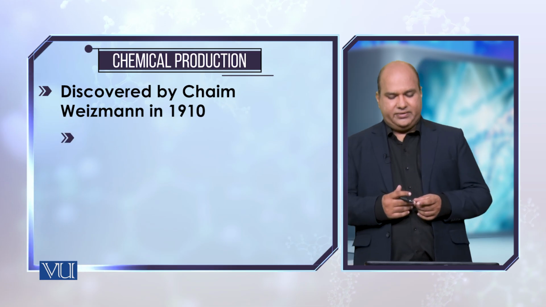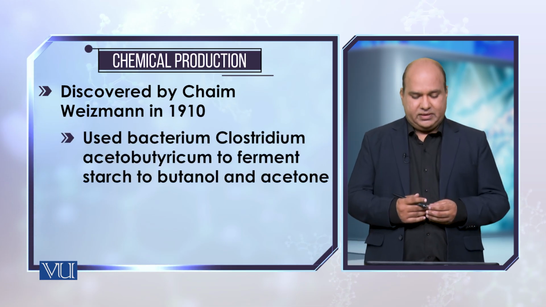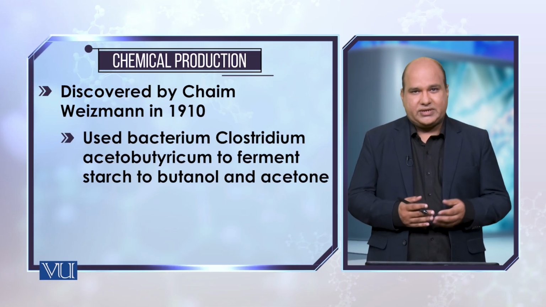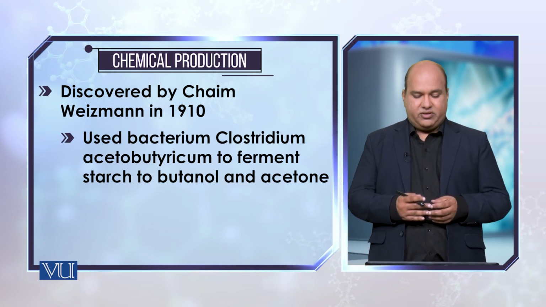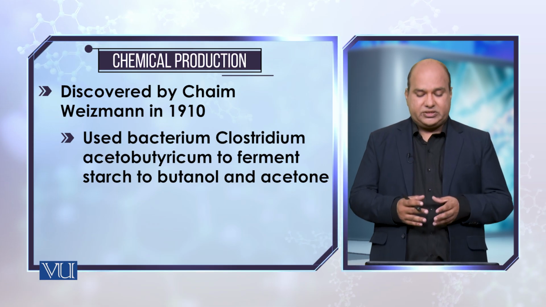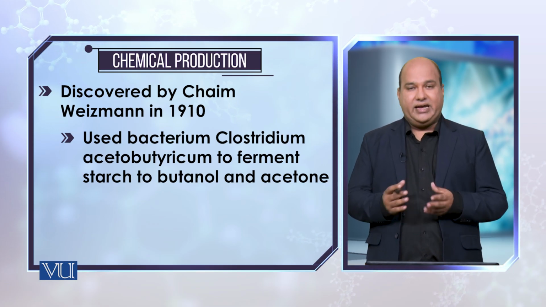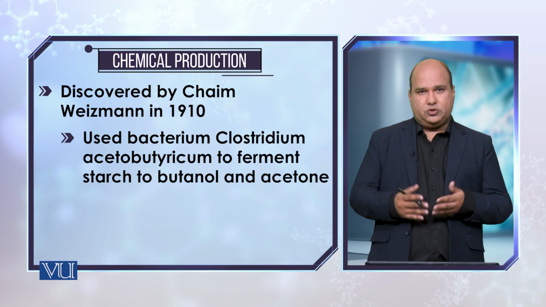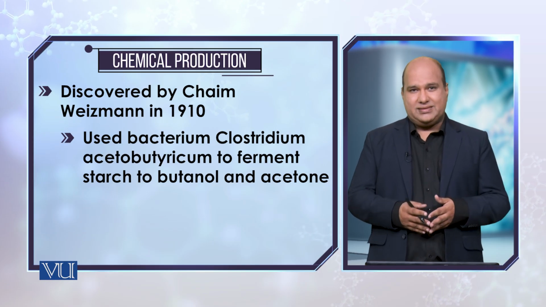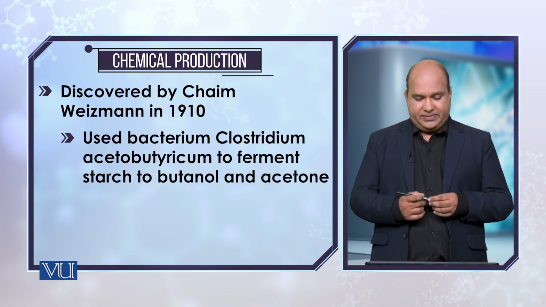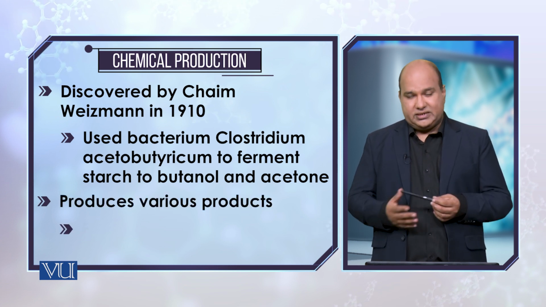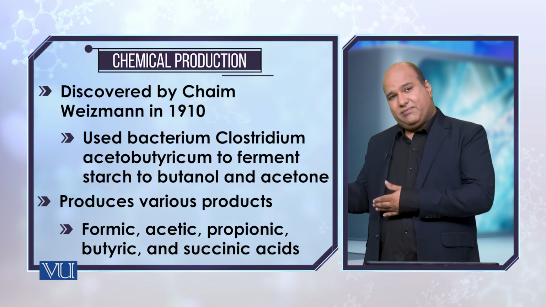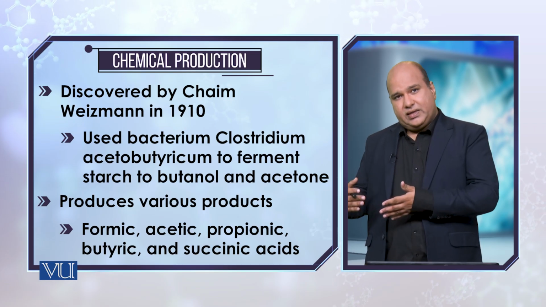In 1910, Weizmann was one of the first scientists who discovered that we can use certain bacteria like Clostridium bacteria to ferment starch to butanol and acetone. पहली दफ़ा 1910 में फिर ये दो important chemicals fermentation process से हासिल किए. In this way, later on, we learned that on an industrial level, we can make use of fermentation